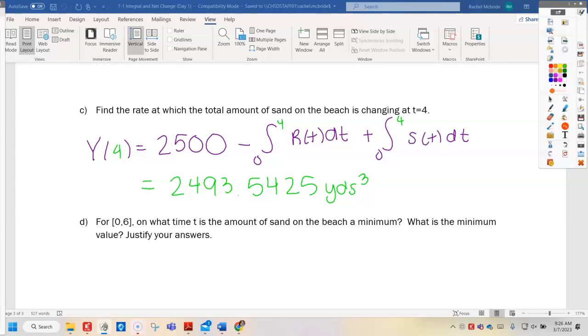Remember when we did d/dx from 0 to x. Or if you had just plugged in to the originals, you would get your rates. Because the originals represented